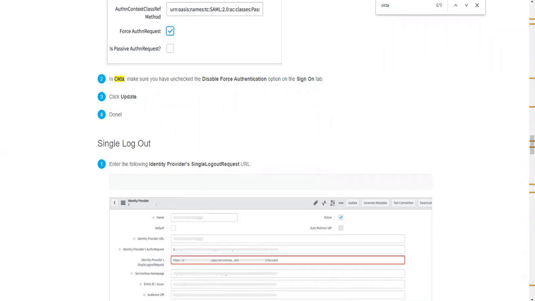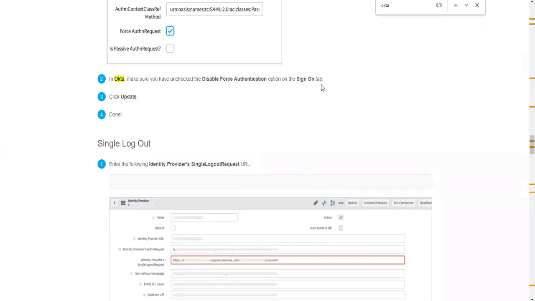So Okta is generating this kind of knowledge base article each and every time we are integrating with any application with Okta. If you just do that, you can share this URL with the app team or the service provider team. They will use this document and work on it to update it from their application end.